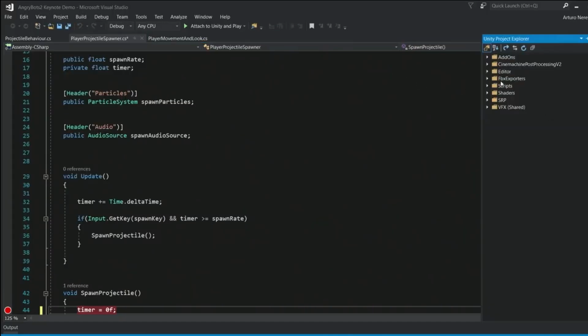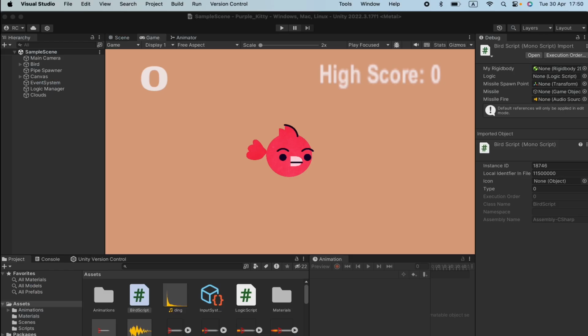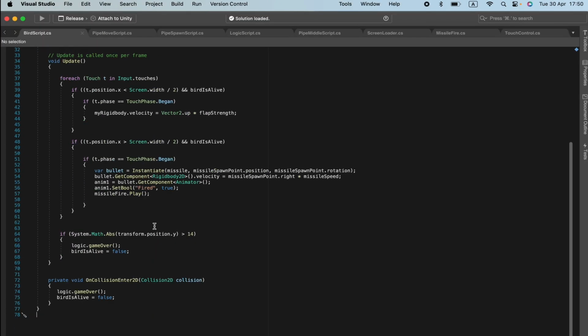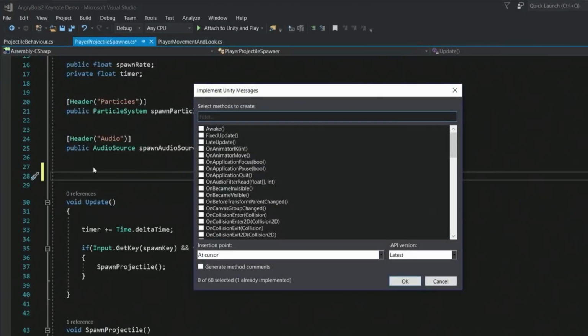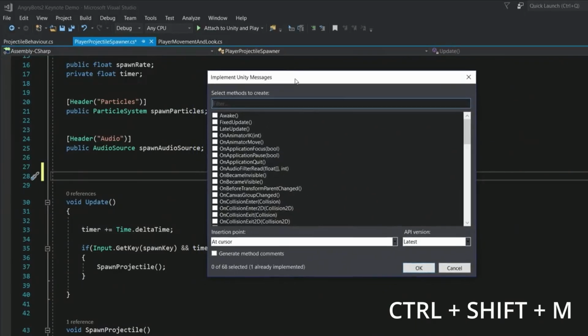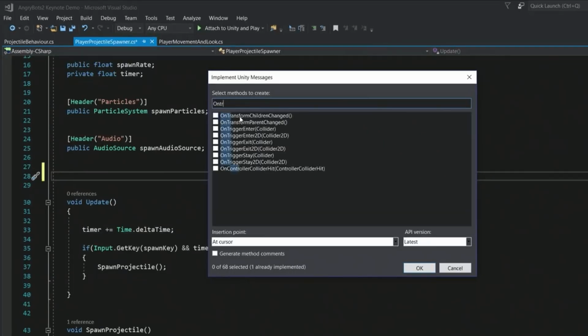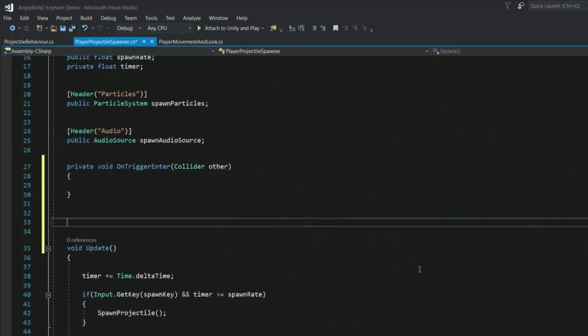Although Unity Engine's API is well documented and is readily available for the developers, Visual Studio also provides something called Unity Messaging Mechanism, which can be accessed by just using Ctrl+Shift+M, where one can find all the message types and different triggers. Those are available for the developers while designing and testing their game logic.